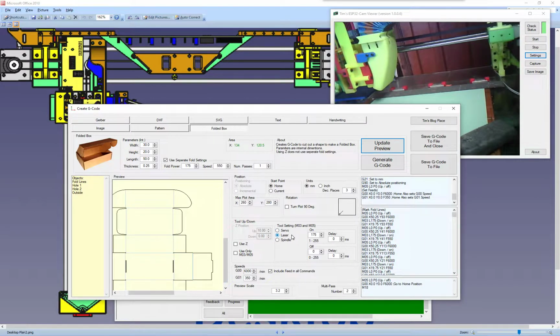If you stick it onto laser, and then you just put your setting. This is the power setting, and down here is the speed. This G0 code is for those machines that don't handle the go-to command correctly. You can put a speed in there, and you can include the code on the end of the go-to. So if you've got a G0 command, then it sticks the code on the end there for the feed, so